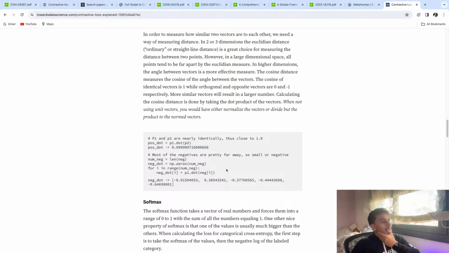So most of the negatives are pretty far away, so smaller negative, non-negative. Here we have the length, how many negative samples we have. Then we are creating an array with the length that we have of negative samples, and then we are going to enter in